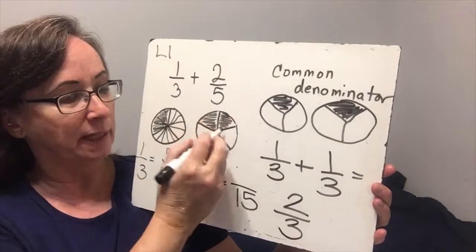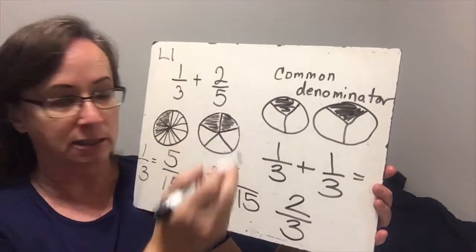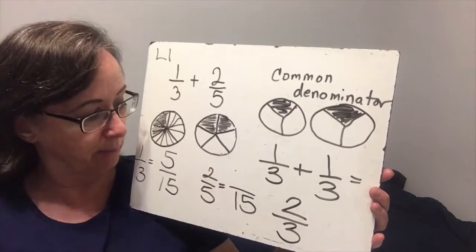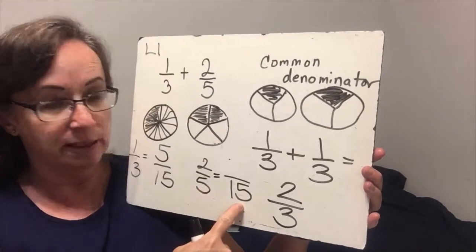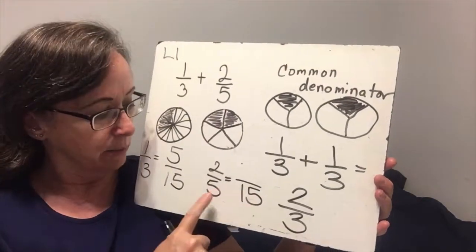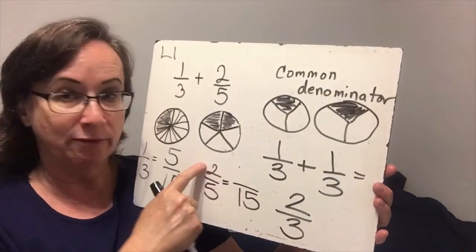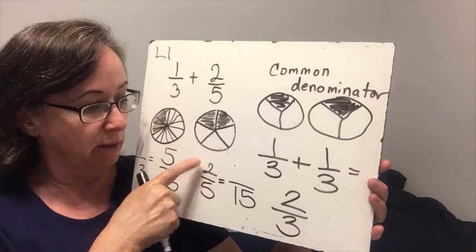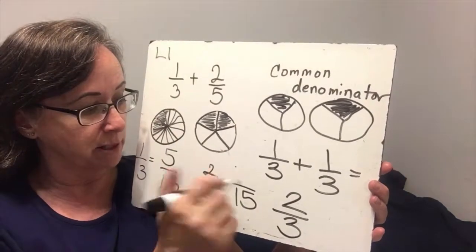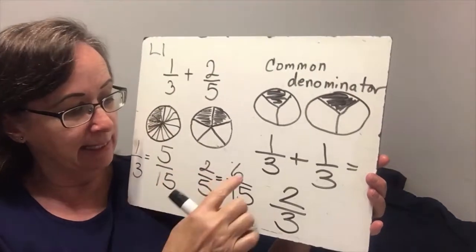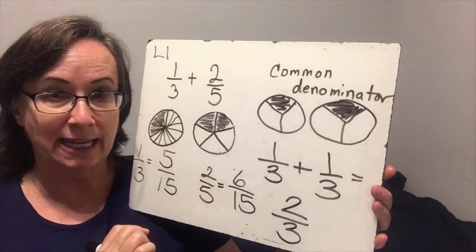Okay, we could split each one of these into 3 parts, but that takes a little bit of time. What if we said 5 goes into 15 3 times? So we're going to multiply the denominator by 3, and then we have to multiply the numerator also by 3. So 2 times 3 is 6, and